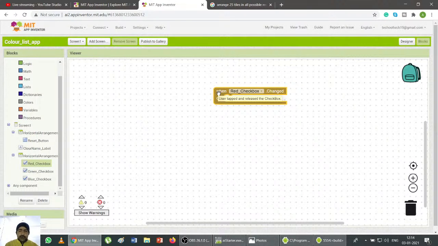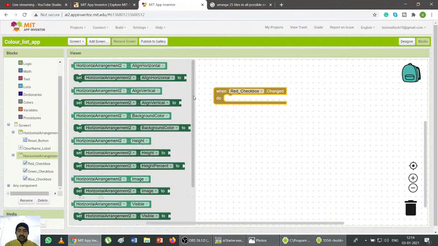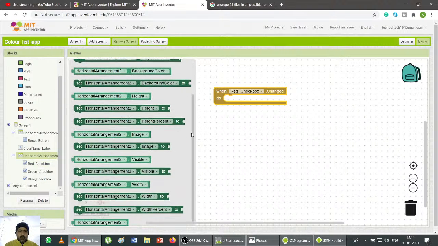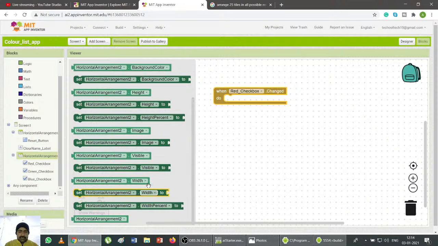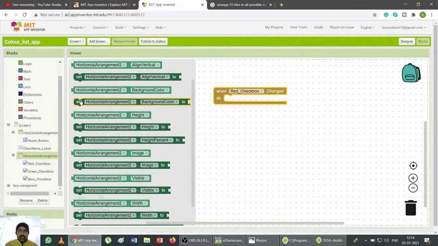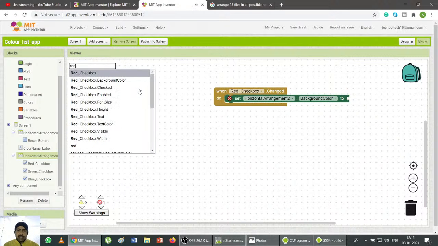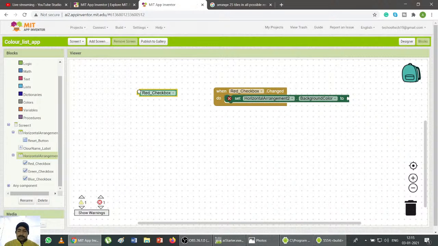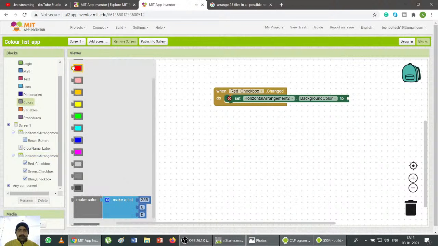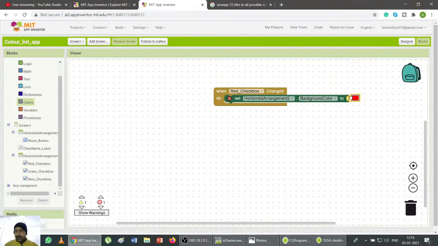So what I'm going to do, because what is our motive? To change the background color of horizontal background too. So I'll pick one here, and I'm go to background. So I'll take this set horizontal arrangement background color to what? Red. So I'll go to colors and I'll pick red color. So what will happen if we use this one? Whenever there will be any change in the red checkbox, the background color will change to